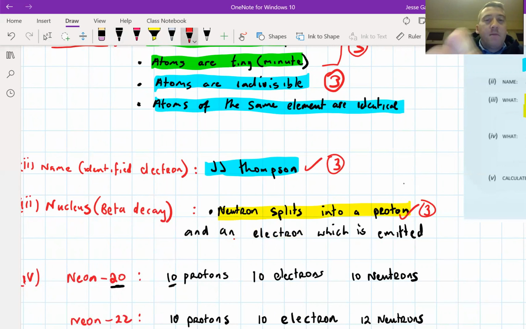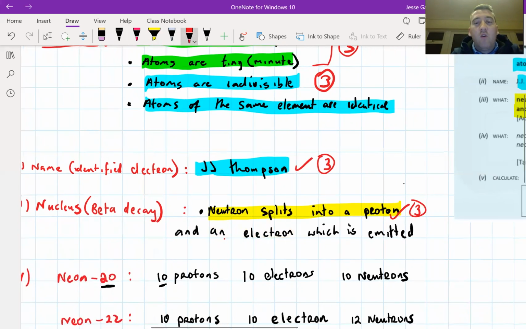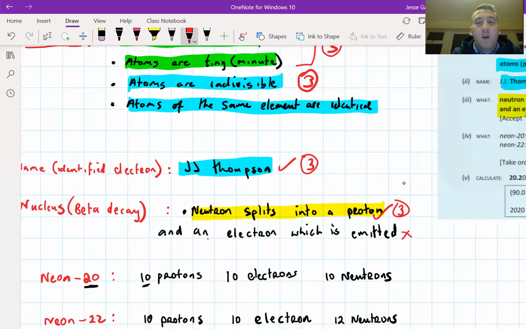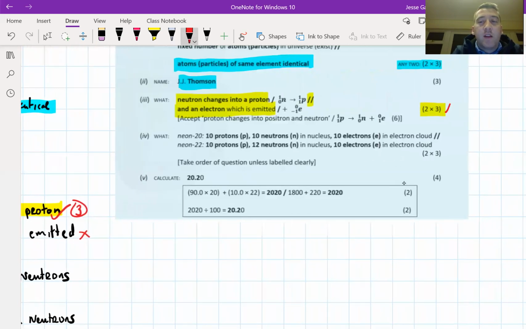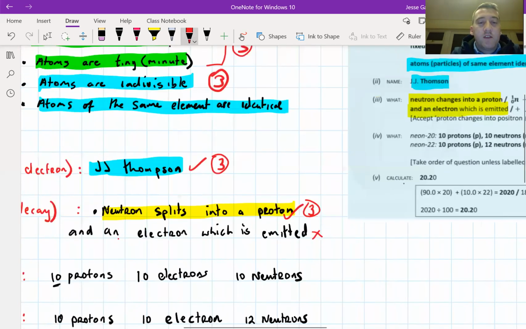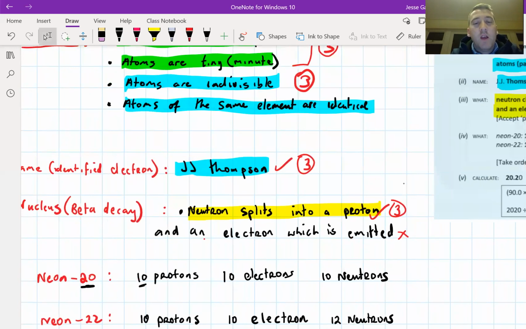All right, so what I'm demonstrating to you here is how accurate we need to be with the marking here. So we're not going to get that second point. I'm being super strict there, but this is the standard that we need to get to. So a neutron splits into a proton. I am getting those 3, but what I said before wasn't making it clear that the electron came from the